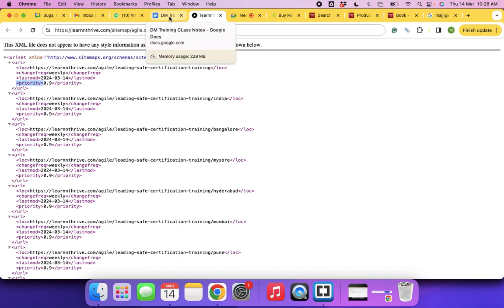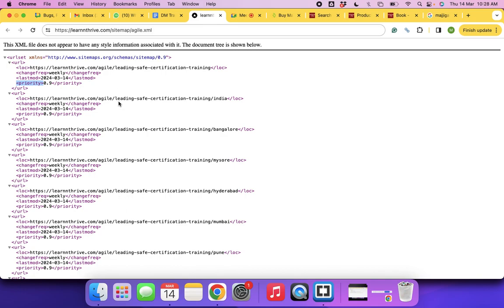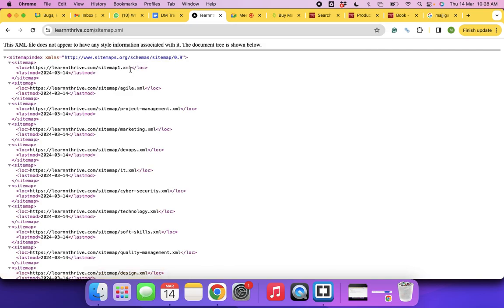Now there are some guidelines about this XML sitemap. Your XML sitemap cannot contain more than 50,000 URLs in one sitemap. So what is the solution now? If there are many URLs, there is a method we call a parent sitemap or index sitemap, and the index sitemap contains a lot of child sitemaps in it. We split the sitemap. So if a website has 1 lakh URLs, we cannot have all of them in one sitemap, so we will split it. That's what we did here. These are all child sitemaps.